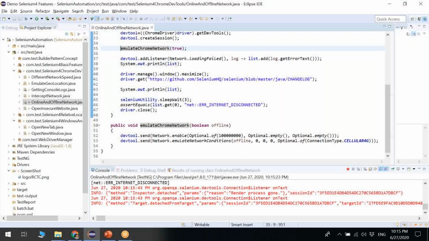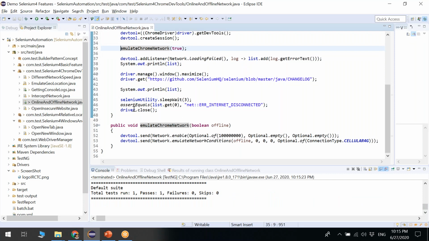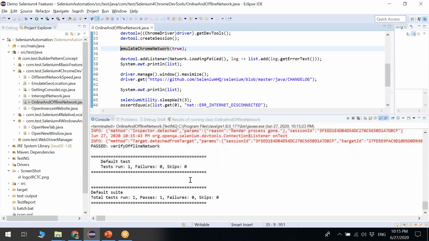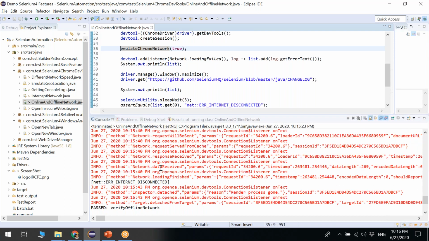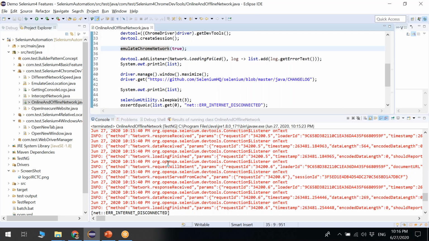Even though internet is there, what happened? Okay, I'm using driver.close, so it closed. So we have seen it open and say no internet, even though the internet is there. Okay, this is how we can control the network. And we can see here in the console.